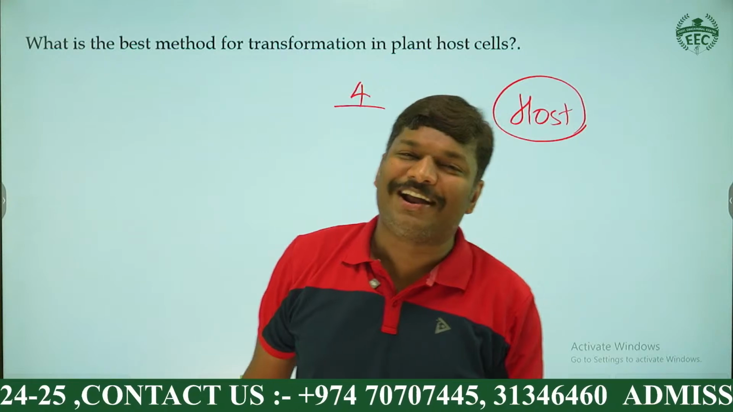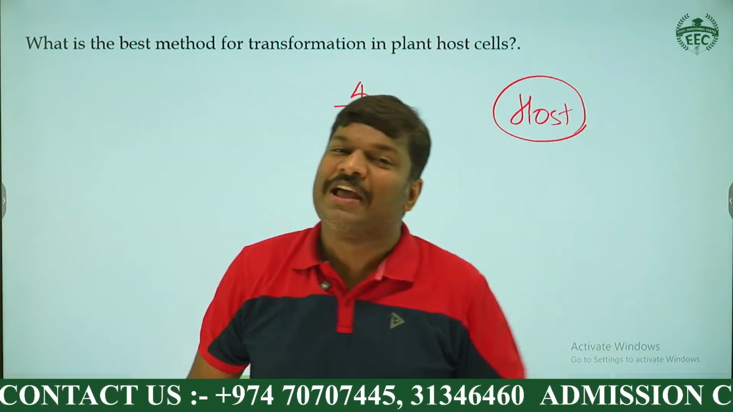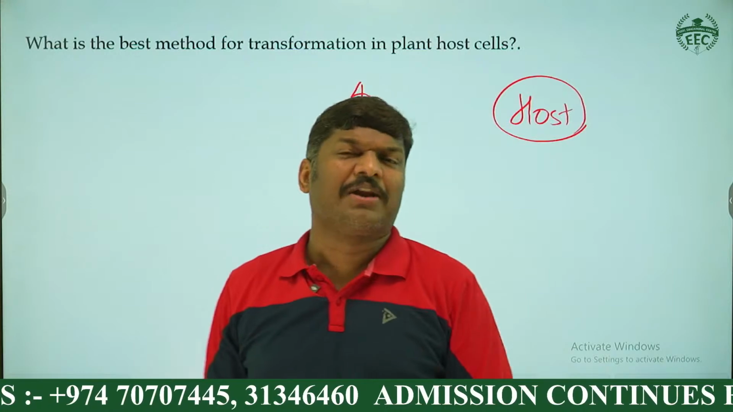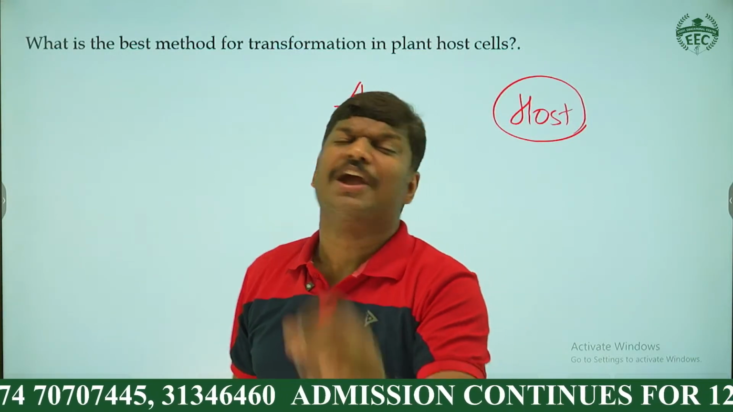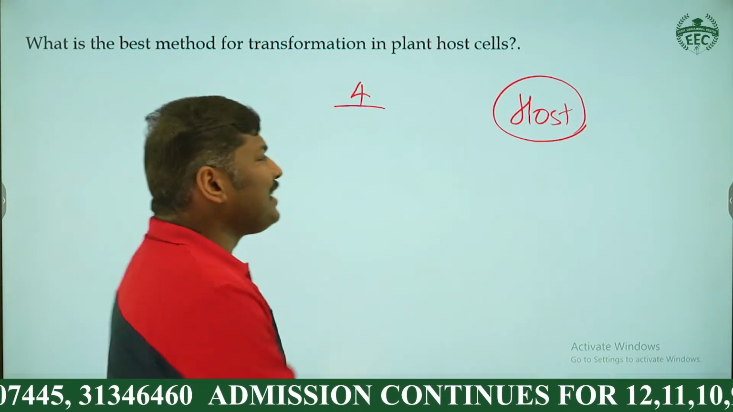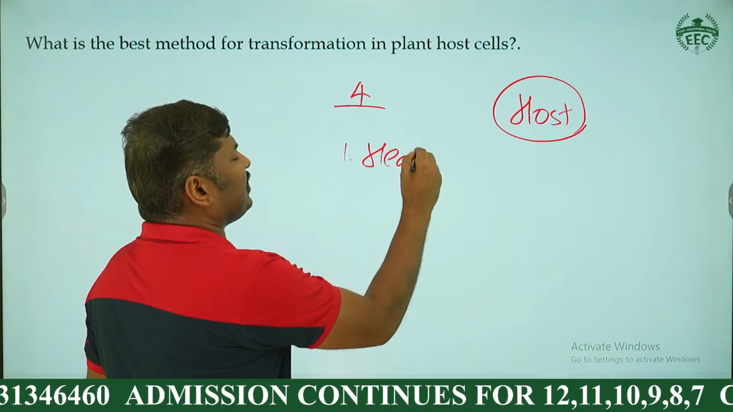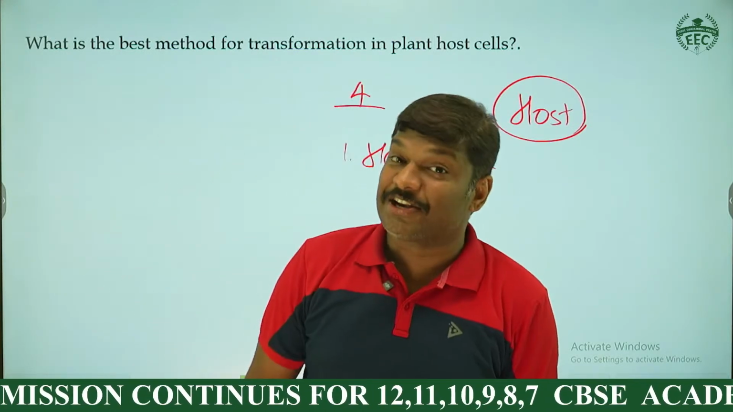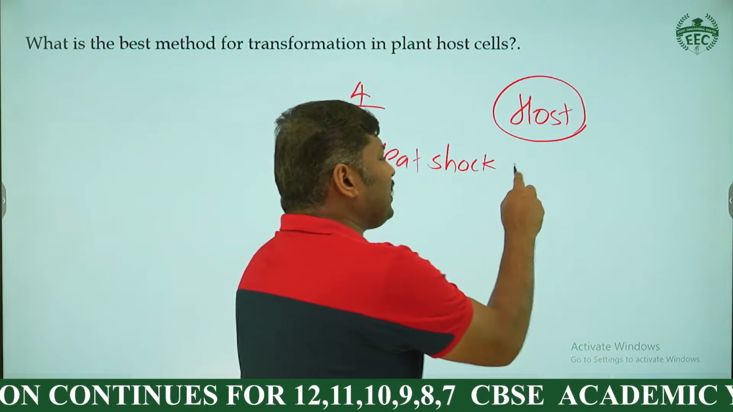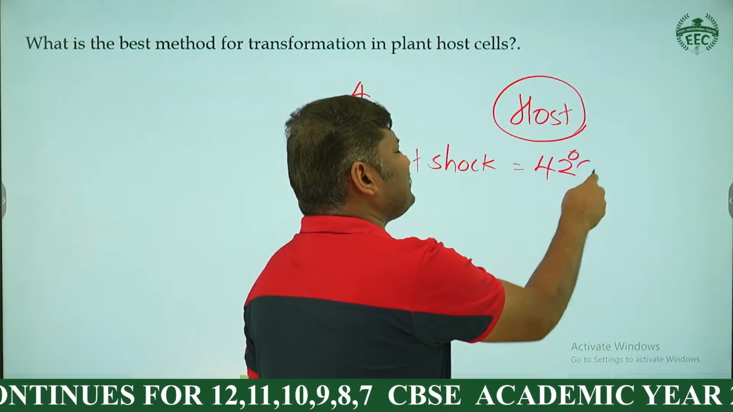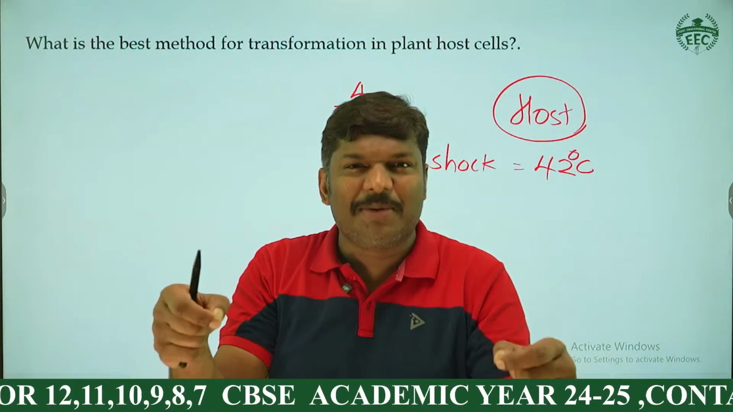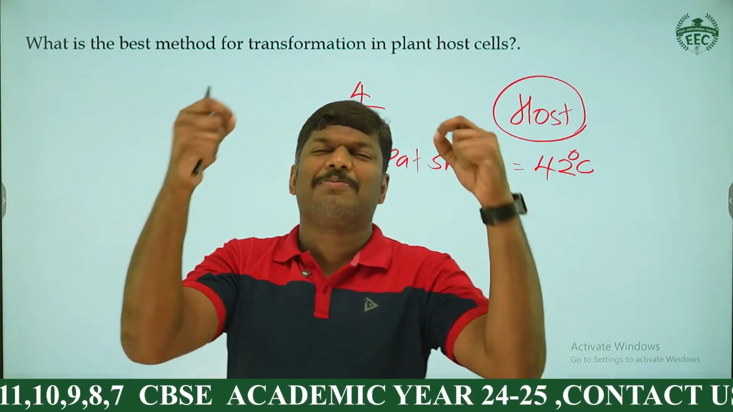Only 4 are given in your textbook, but it is not just 4. There are more than 10 different transformation procedures, my dear student, but we have to study only 4. And the first one is nothing but the heat shock method. You know that. What is the heat shock method? A shock, not electric shock, heat shock at 42 degrees Celsius. That heat shock is given in a particular medium, and that medium contains calcium ions,